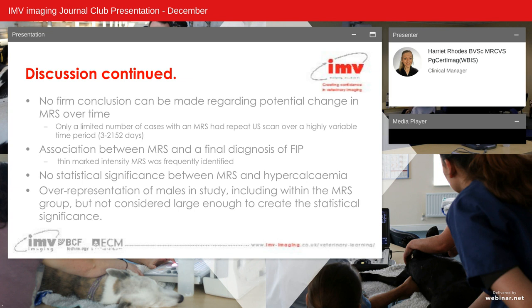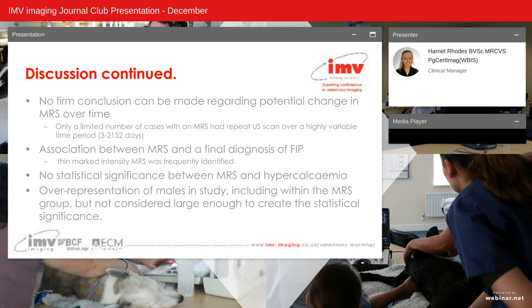An association between the medullary rim sign and a final diagnosis of FIP was made, where a thin, marked intensity medullary rim sign was frequently identified. Interestingly, previous reports describing the ultrasound appearance of kidneys in cats with FIP have documented that a thin medullary rim sign with a marked intensity was present, which was subsequently found to be caused by pyogranulomatous vasculitis on histopathology. Therefore, in clinical cases where there is a suspicion of FIP, the medullary rim sign may not be